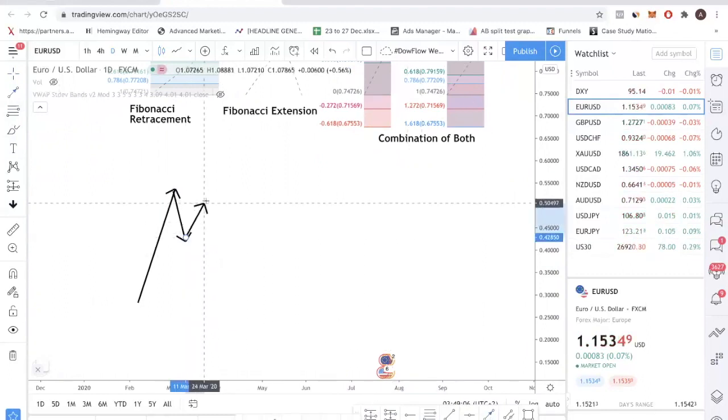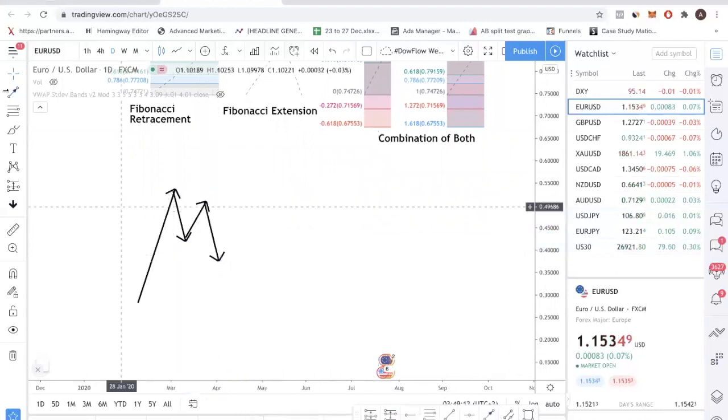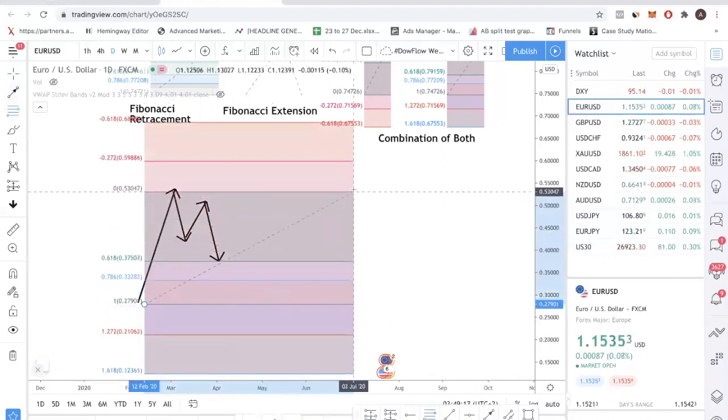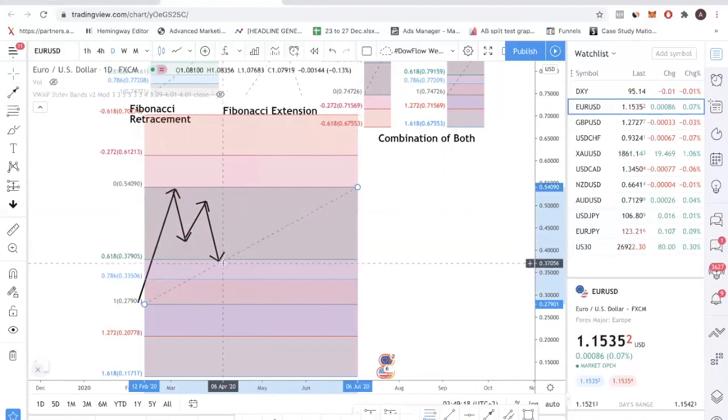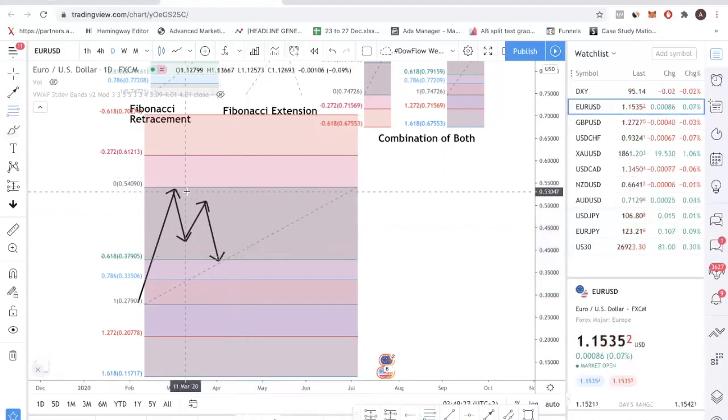You want to look for a confluence of both Fibonacci retracement and Fibonacci extension. So you draw your Fibonacci retracement high to low, and you have a level somewhere here, 0.618 and 0.7 or 0.786. Then the next thing you want to do is use your Fibonacci extension tool. But in this case, since we have set up the Fibonacci retracement tool to have the Fibonacci extension levels